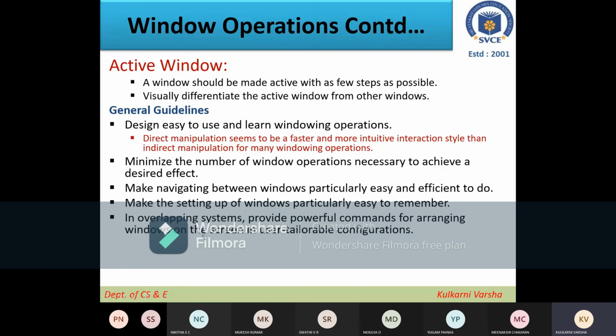And what are the general guidelines we need to follow with respect to the active window? Design easy to use and learn windowing operations. Direct manipulation seems to be a faster and more intuitive interaction style than indirect manipulation for many windowing operations. It is faster because when the window is active, you can work on that particular window.